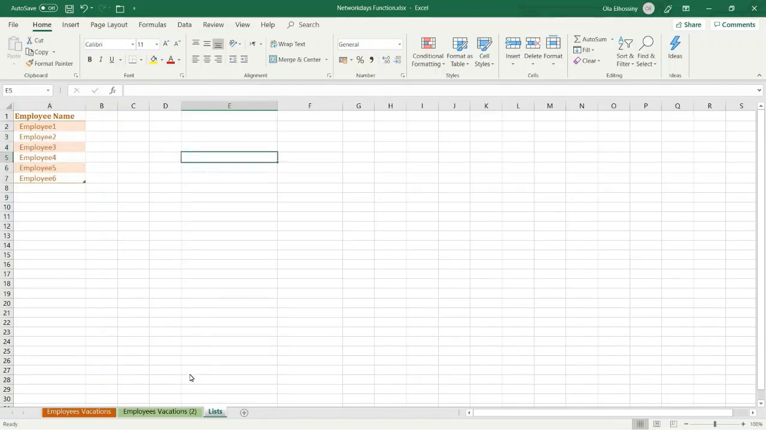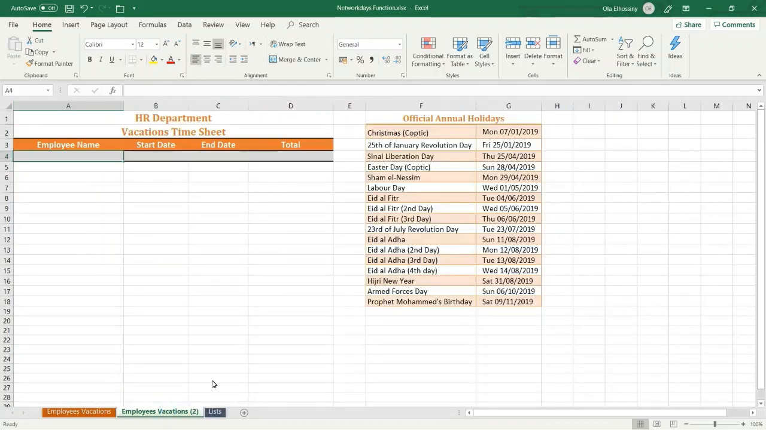Then in a separate sheet, we have to type the holidays for your company, like this example. The next step, I am going to create a table. First, we have to type the header row like this one: employee name, start date, end date, and the total. Then I am going to apply a table. So I highlight the header row and the next row,